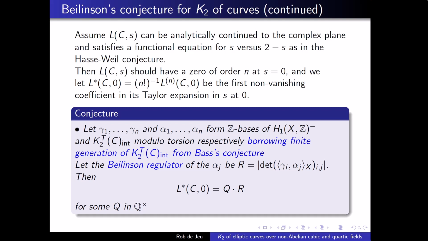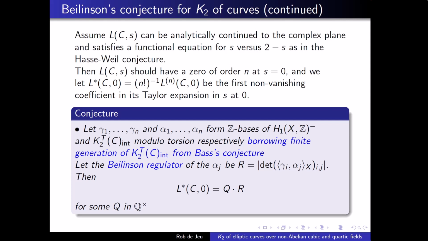okay, then Beilinson tensors it with Q. So Beilinson said take a K group, K2 of the curve over C tensor with Q, and then its Q dimension should be equal to n. But it's also a conjecture of Bass, which would imply that this thing is actually going to be finitely generated. So let's make it a little sharper in that sense. So let's believe that this kernel of the tame symbol on the model is